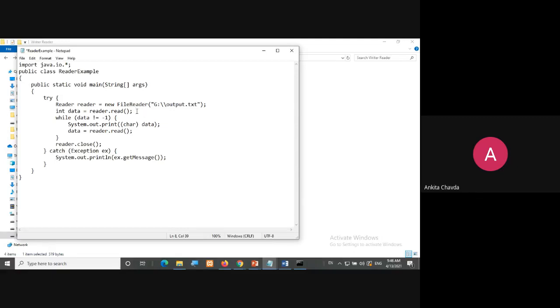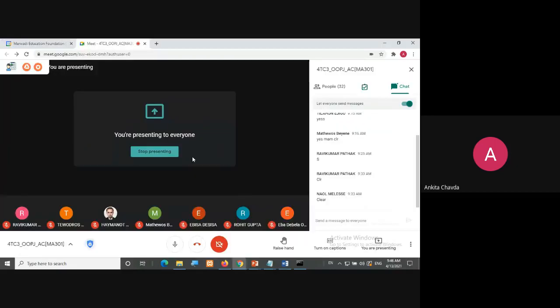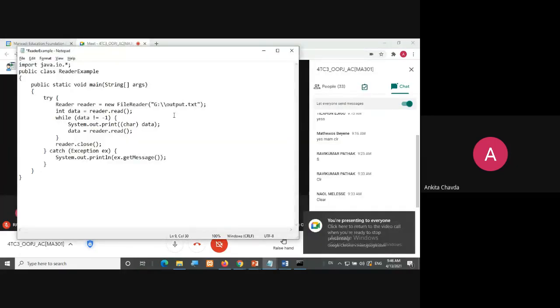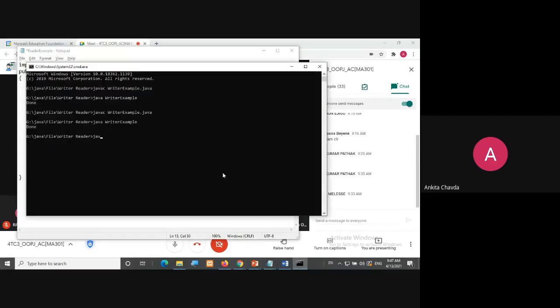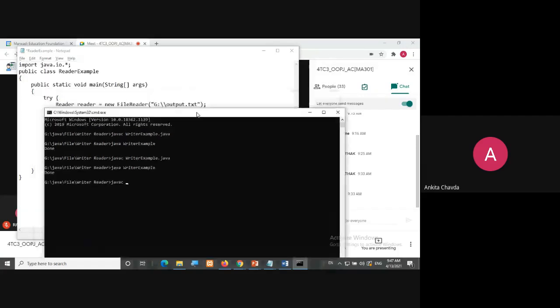In that way, whenever my string is over, whenever there is no data to be read, at that time it will return -1. It will be outside of this loop and it will simply close the reader. So we'll check this. Is the class name Reader?